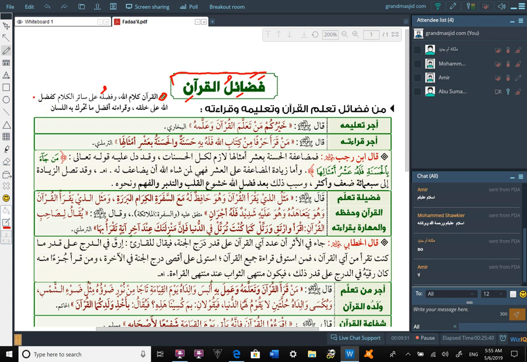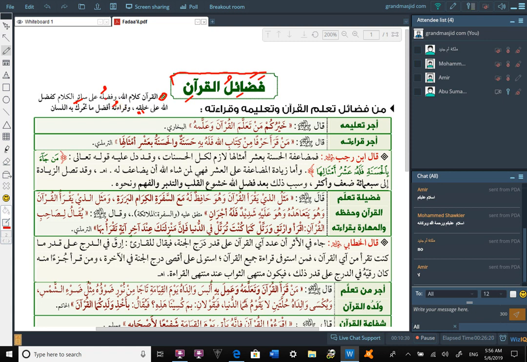Ka fadlillahi, like the virtue of Allah ala khalqihi, over his creation. Ala khalqihi, right? Ala here made khalqi majroor, as well as up above ala sa'iri al-kalam. And its virtue over the rest of speech is like the virtue of Allah over the creation. Wa qira'atuhu, and its recitation, qira'atuhu,